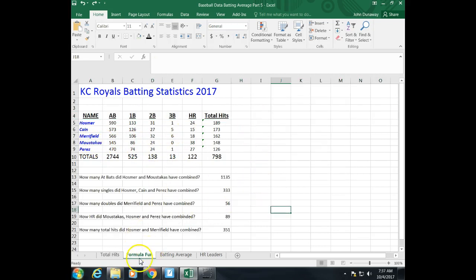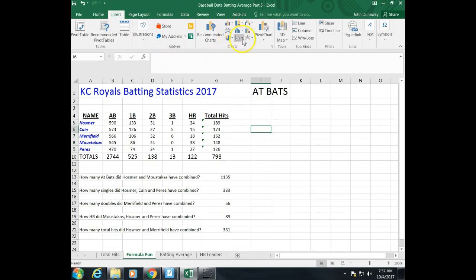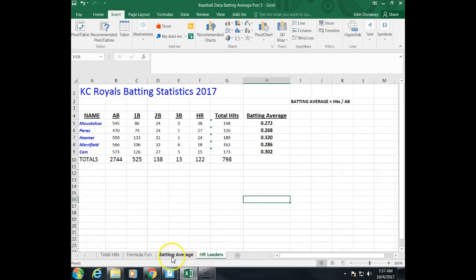What I'd also like you to do is on the formula fun tab, would you go over here and type in at bats, and I would like you to create some sort of graph that shows the number of at bats of the players, and you can either do a circle graph, a pie graph. If you want to just mess around with some of the other ones that don't really work as well, a scatter plot graph might actually be fine for that. Some of them don't really work for the data, but if you just want to experiment with the graphs, just create a cool graph of at bats on this tab, and then go to the home run tab,